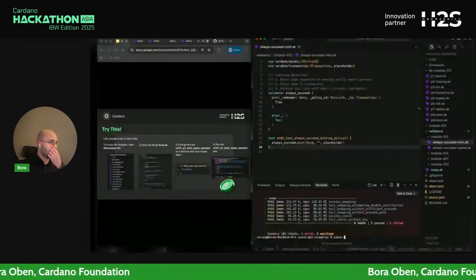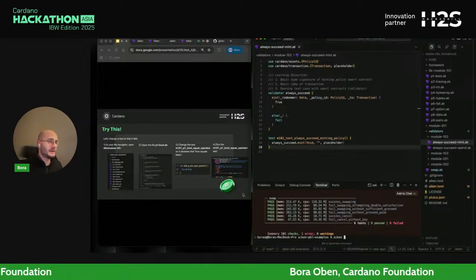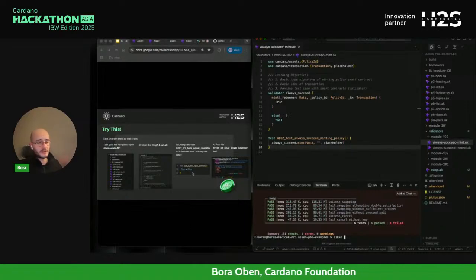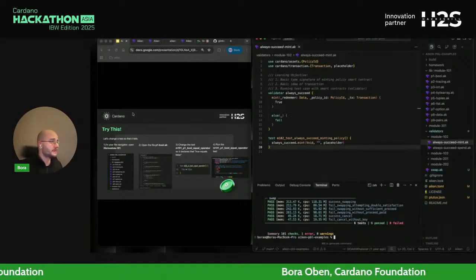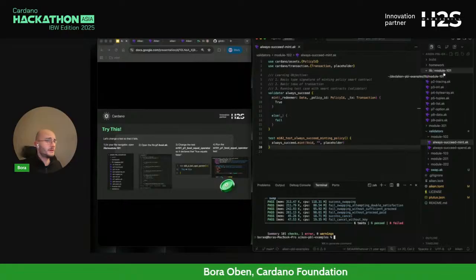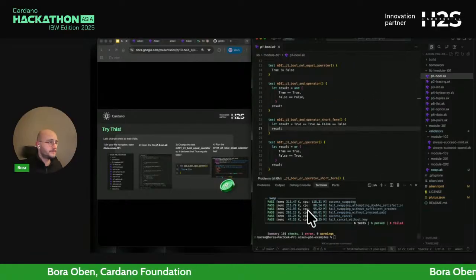So in the slide, which we can also share with you later after this meeting so you can do it at your own pace, there is a workflow to try for some tests. It says go to your module 101 under library and open P1 bool.